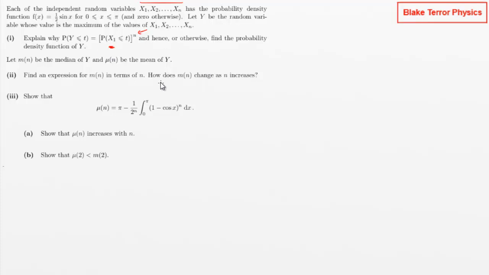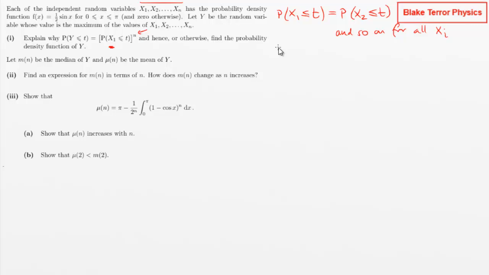We can just look at x1 and say, well, x1 is the same as x2, and so on. So let's say the probability that x1 is less than or equal to t is equal to the probability that x2 is less than or equal to t, and so on for all